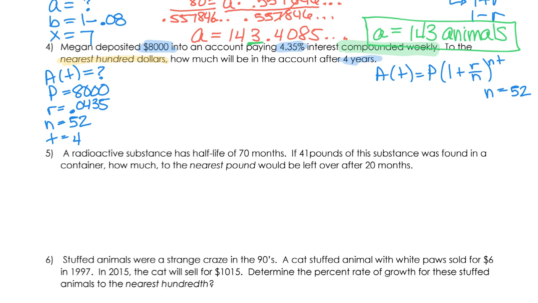All right. So if we plug it in, we could say A of t equals 8,000, 1 plus 0.0435 divided by our n, which is 52, raised to the 52 times 4. Okay. Again, if you have one of the older calculators, your 52 times 4 either needs to be multiplied first or it needs to be in one big set of parentheses. You type it all in, and we should end up with